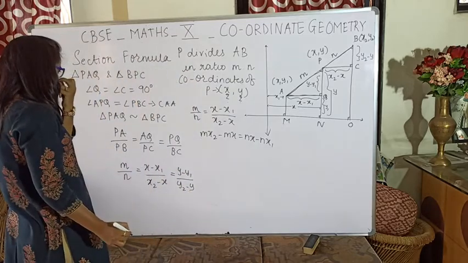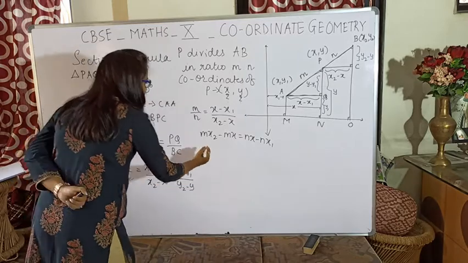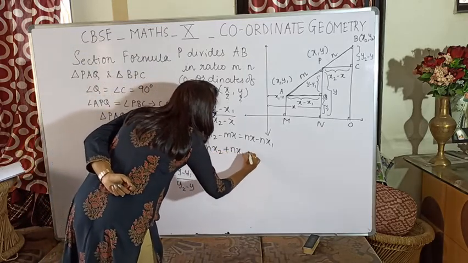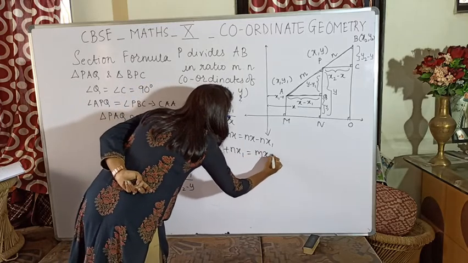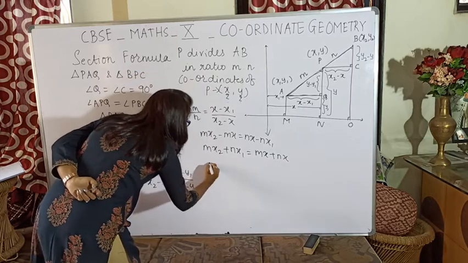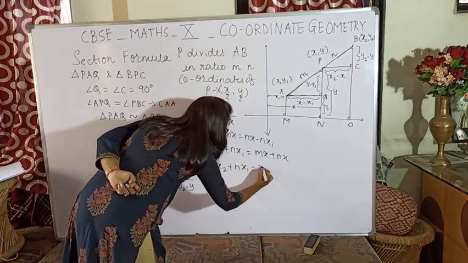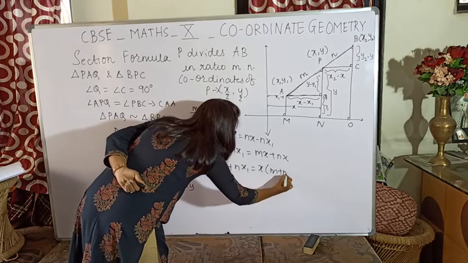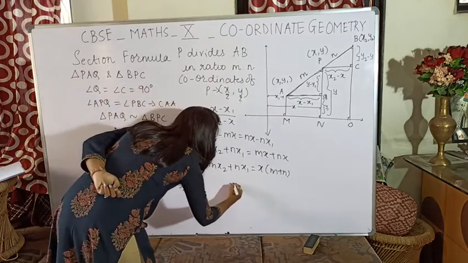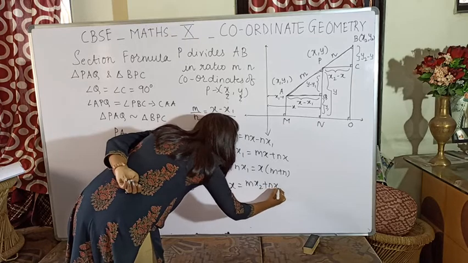Okay, so take the x terms together and the x1 terms together. So it will be mx2 plus nx1 equal to mx plus nx. Taking x common, so what are we left with? x in bracket m plus n. Shifting this m plus n to the other side, I will be getting, therefore, x is equal to mx2 plus nx1